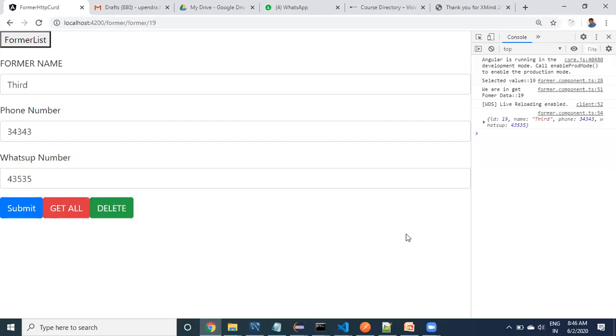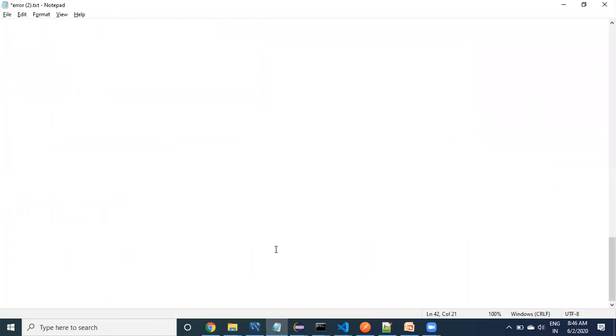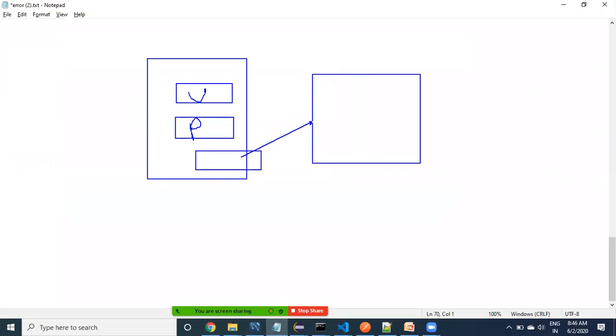So the class is related to programmatic navigation. Programmatic navigation is going to be something like this: suppose the user is going to enter a username and password. After taking the username and password, the user is going to click on submit. Then we come to the controller, the component class. Inside the component class, we verify the username and password.